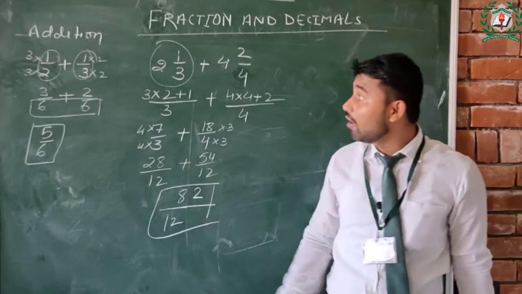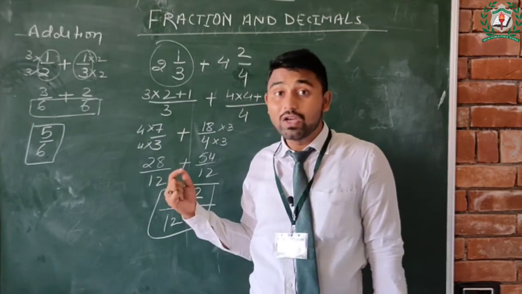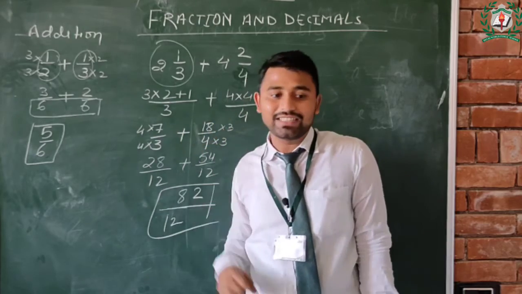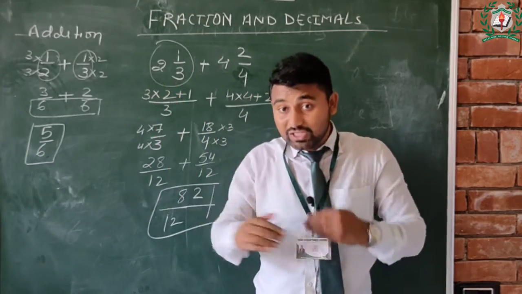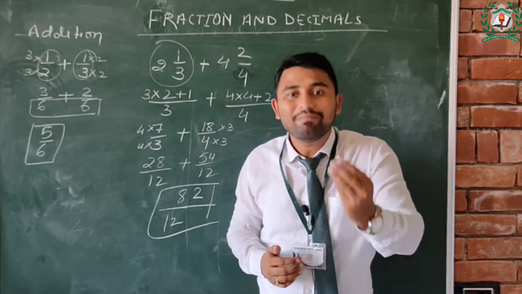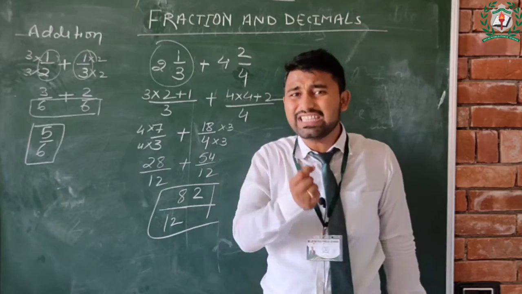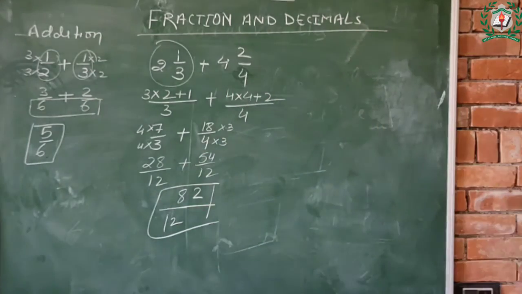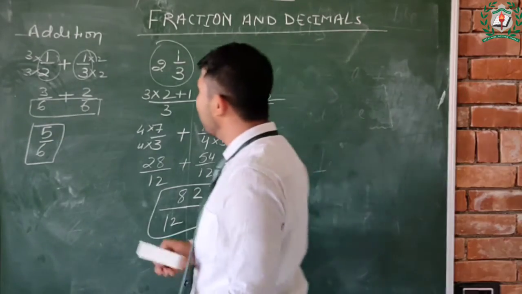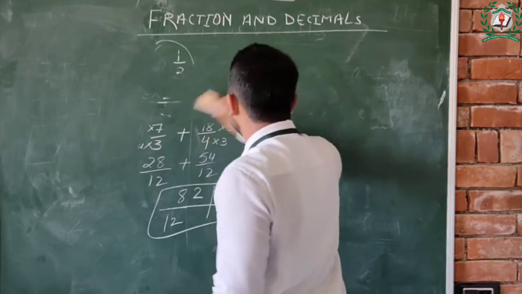Similarly, you can do it for subtraction. So I am not going to solve the subtraction problem. We'll jump to the multiplication problem, because subtraction is the same, where you have only changed your sign. So we will take that for the multiplication.